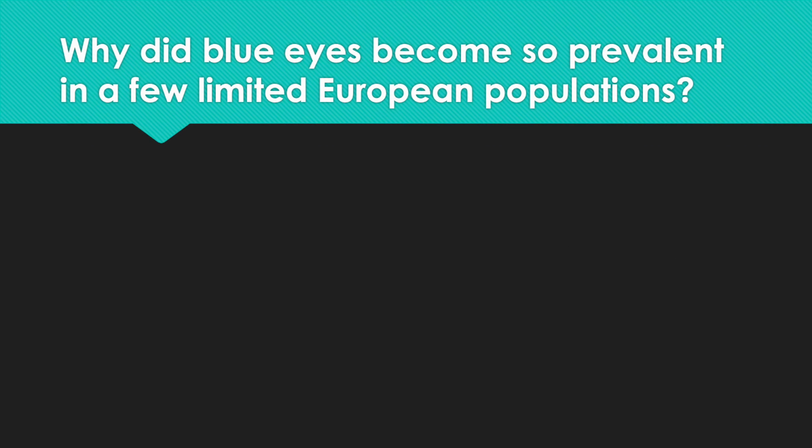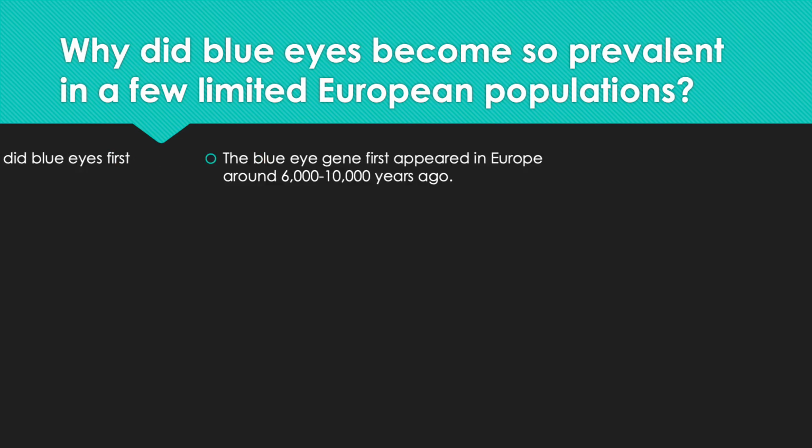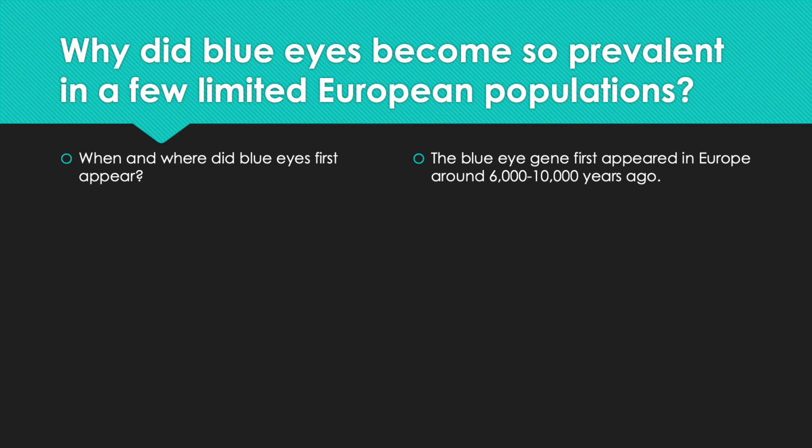So when asking this question, why did blue eyes become so prevalent in these few limited European populations, we need to start pinpointing. We need to start laying out the dots and following them. The first dot we need to place is when and where did these blue eyes first appear. And while we can't really pinpoint the exact place in Europe, the exact